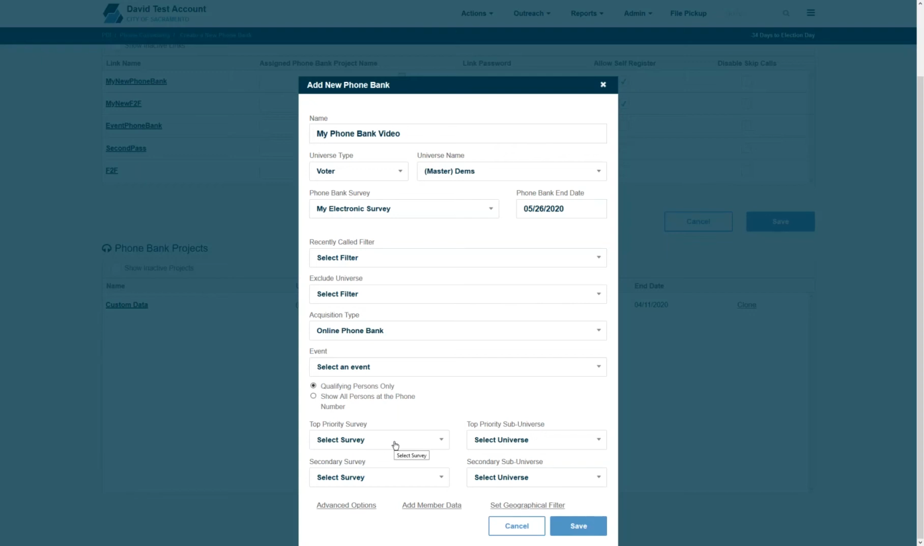For example, inside of here, if I use this top priority survey drop-down menu to select my survey for the video survey, then use the top priority sub-universe drop-down menu to select my 18P4, 36 and younger universe, anyone who meets that 18P4, 36 and younger universe will receive this survey for the video rather than the My Electronic Survey